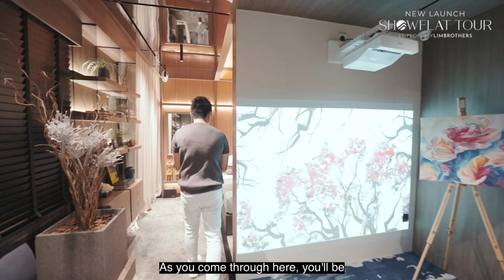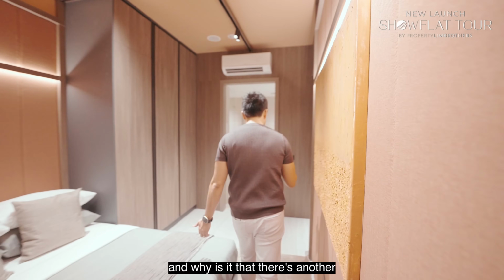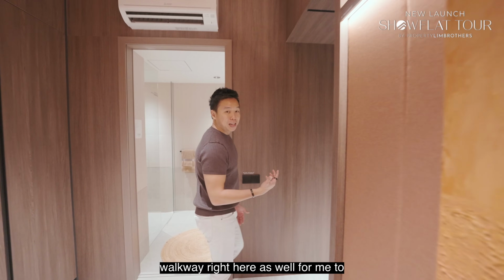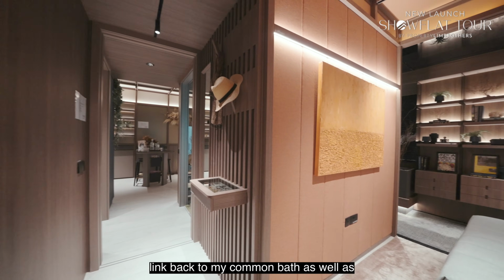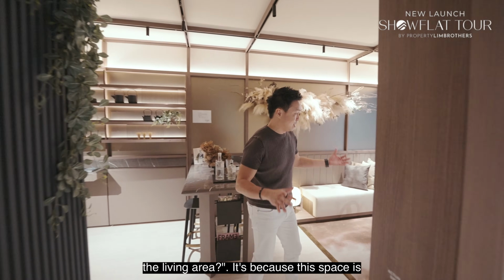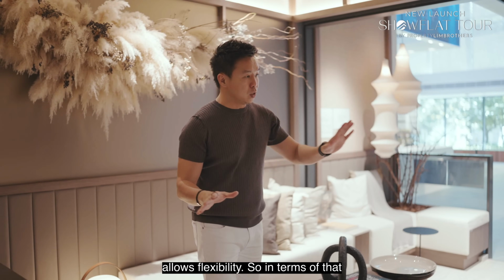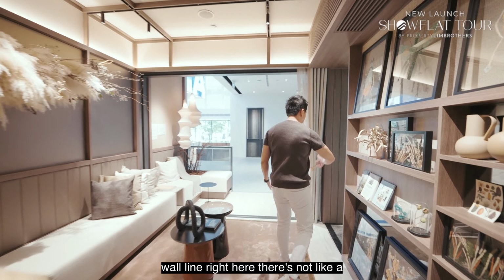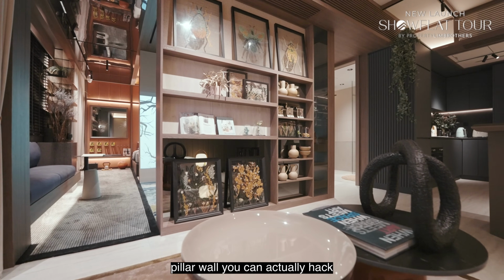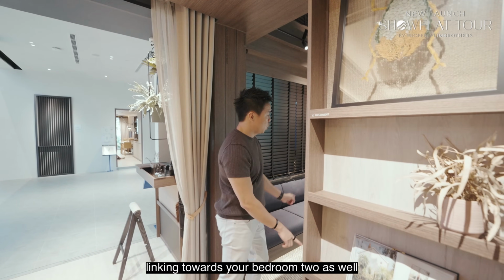As you come through here, you'll be wondering, hey, what is it that I can come by here? And why is it that there's another walkway right here as well for me to link back to my common bath as well as the living area, because this space is being crafted with a concept that it allows flexibility. So in terms of that wall line right here, this is not like a pillar wall. You can actually hack through the entire walkway, all the way linking towards your bedroom 2 as well as your